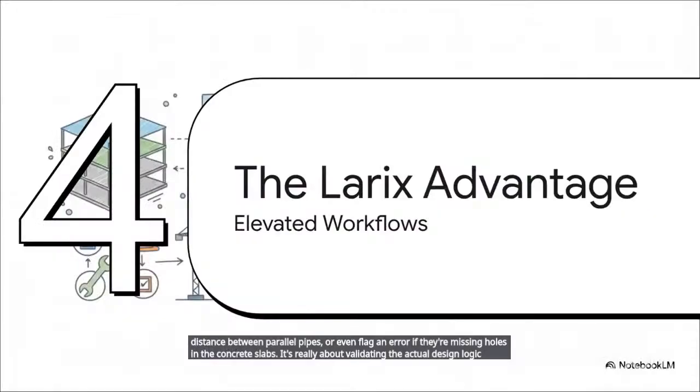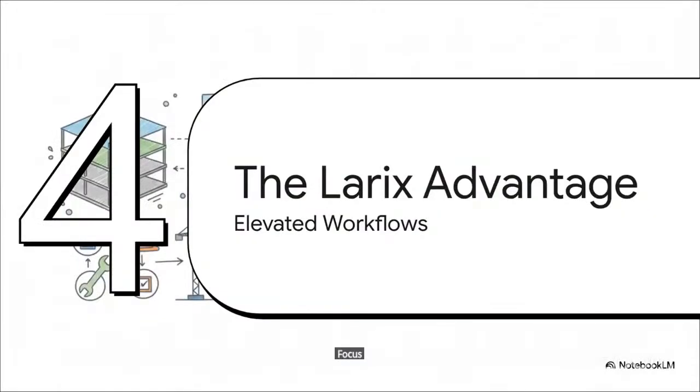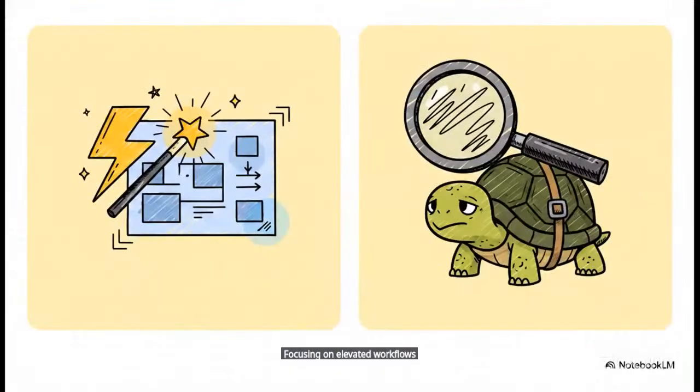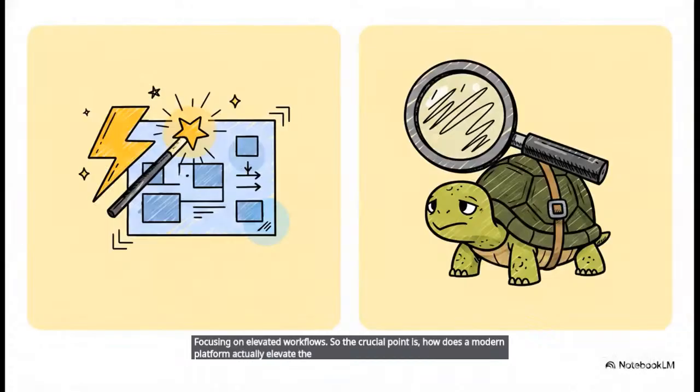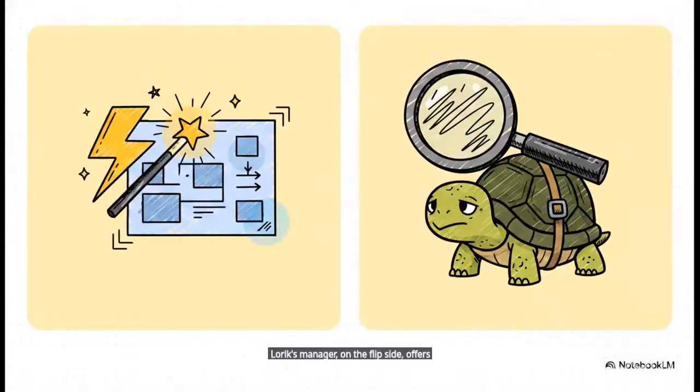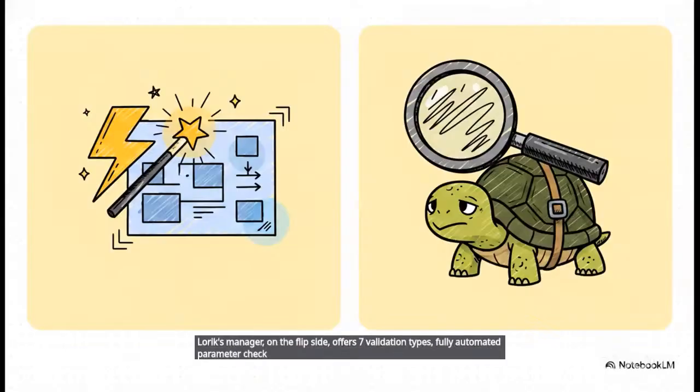Which brings us to Section 4, the Larix Manager Advantage, focusing on elevated workflows. So the crucial point is, how does a modern platform actually elevate the day-to-day workflow? Well, the source notes that traditional tools like Navisworks offer about 2 types of collision checks and really rely heavily on manual visual checks for parameters. Larix Manager, on the flip side, offers 7 validation types, fully automated parameter checks, and this is the real game changer,